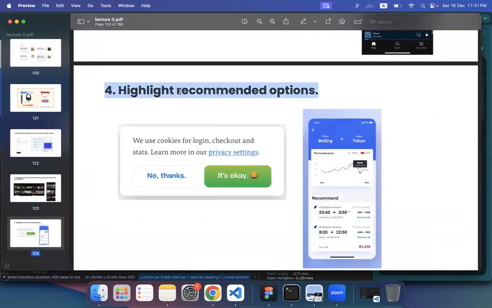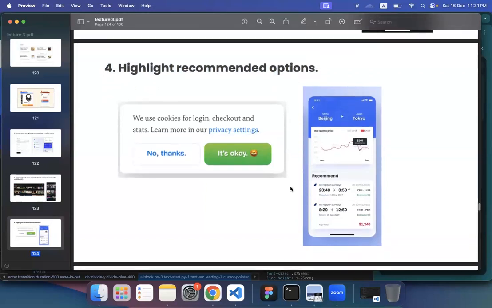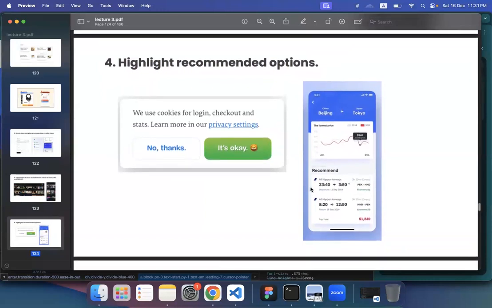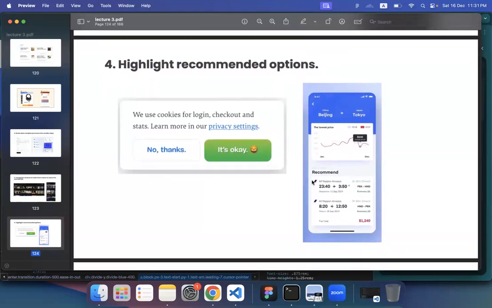Highlight recommended options. So in here, this pop-up is a GDPR cookie policy pop-up. So if you highlight what users should select, most of the time they will click on the highlighted button rather than this no thanks button. On the right hand side as well. So in here we have